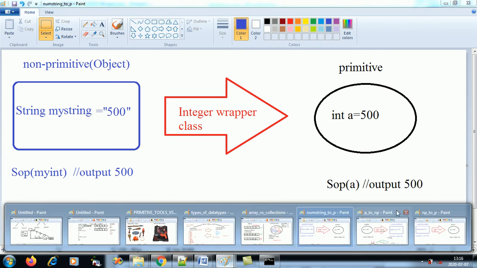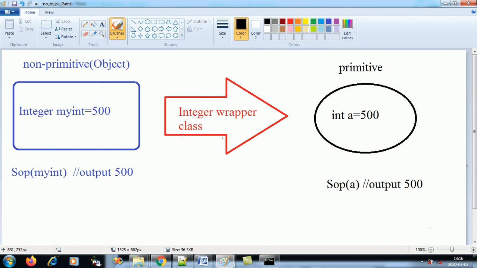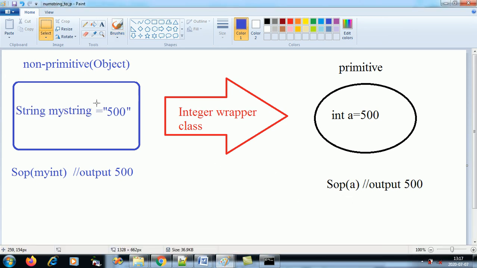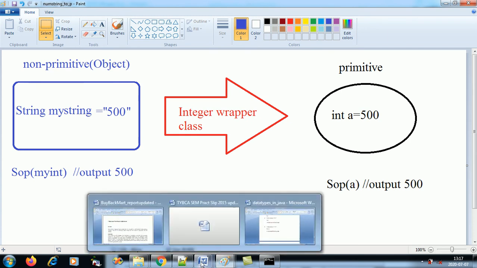And third, you can convert a numeric string to its primitive type. I hope I am not confusing you all guys. You'll have to practice this to master it.